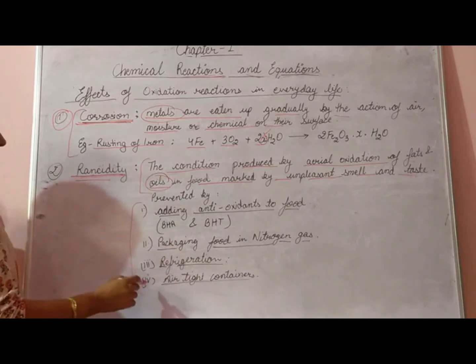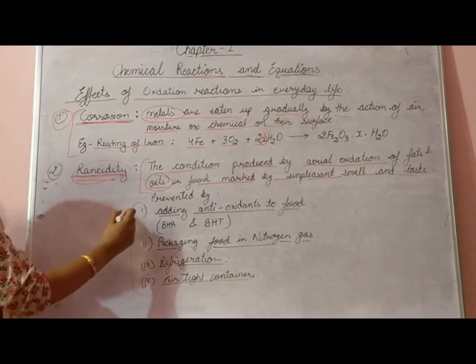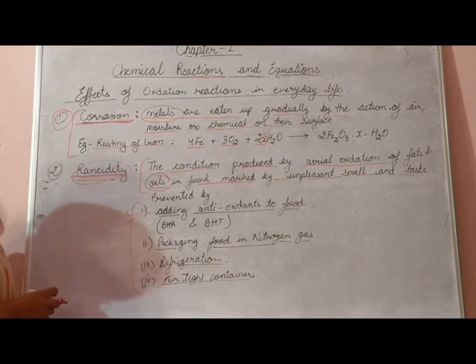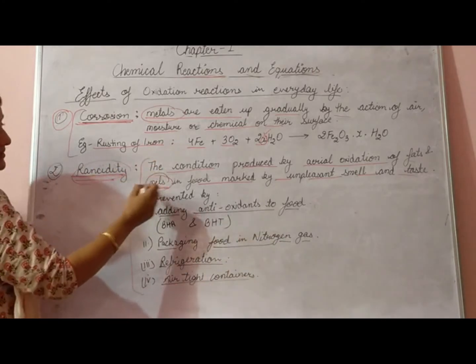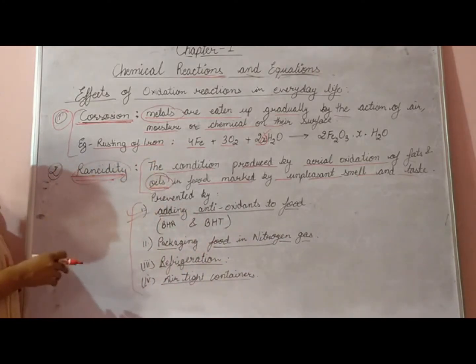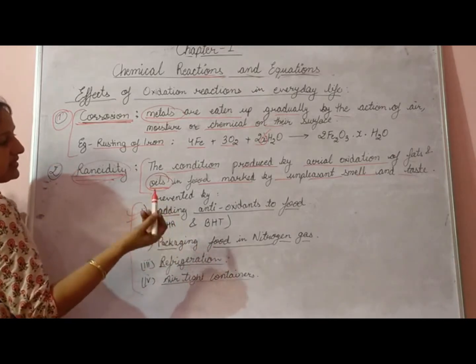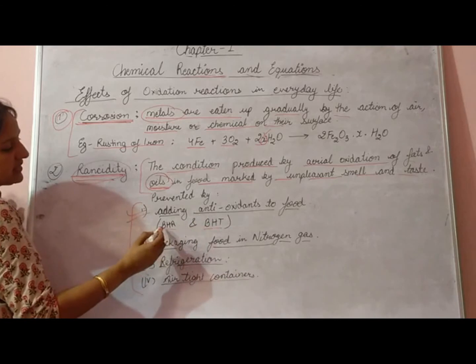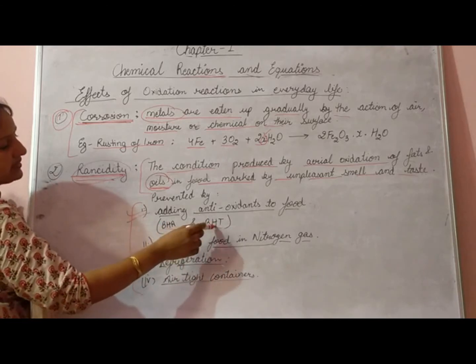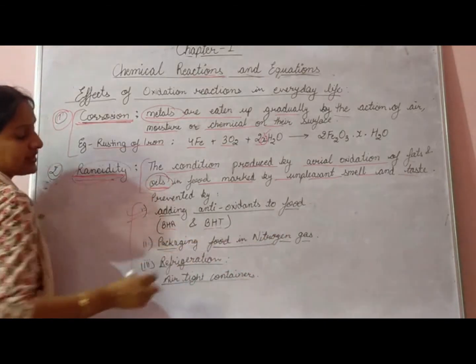We have different methods with the help of which we can prevent the process of rancidity. First one is by adding antioxidants to the food. These antioxidants are basically reducing agents, because of which the fat and oil present in the food will not be able to react with the oxygen. Hence, they will protect the food. Basically, the two antioxidants that we use to preserve our food are BHA and BHT, that is butylated hydroxyanisole and butylated hydroxytoluene.